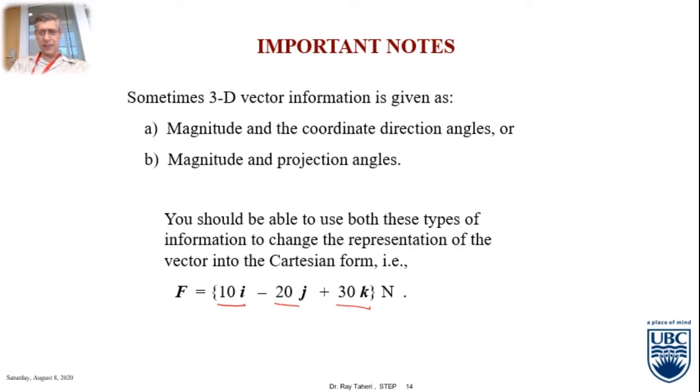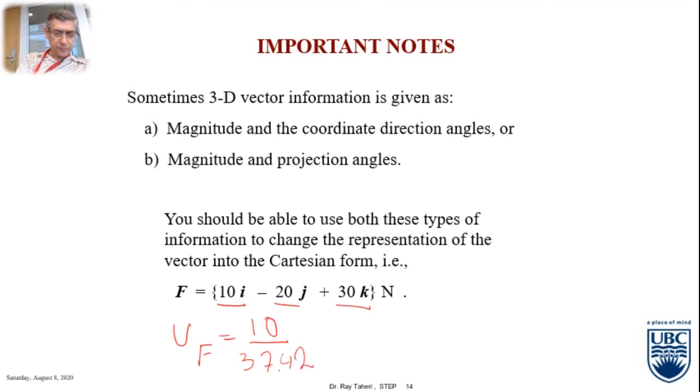20 squared is 400 and 10 squared is 100. So the answer is 1400, and the square root of that is 37.42. So you have this. And now if you want to find the unit vector of this vector, all you need to do is simply divide. So UF is equal to 10 divided by 37.42